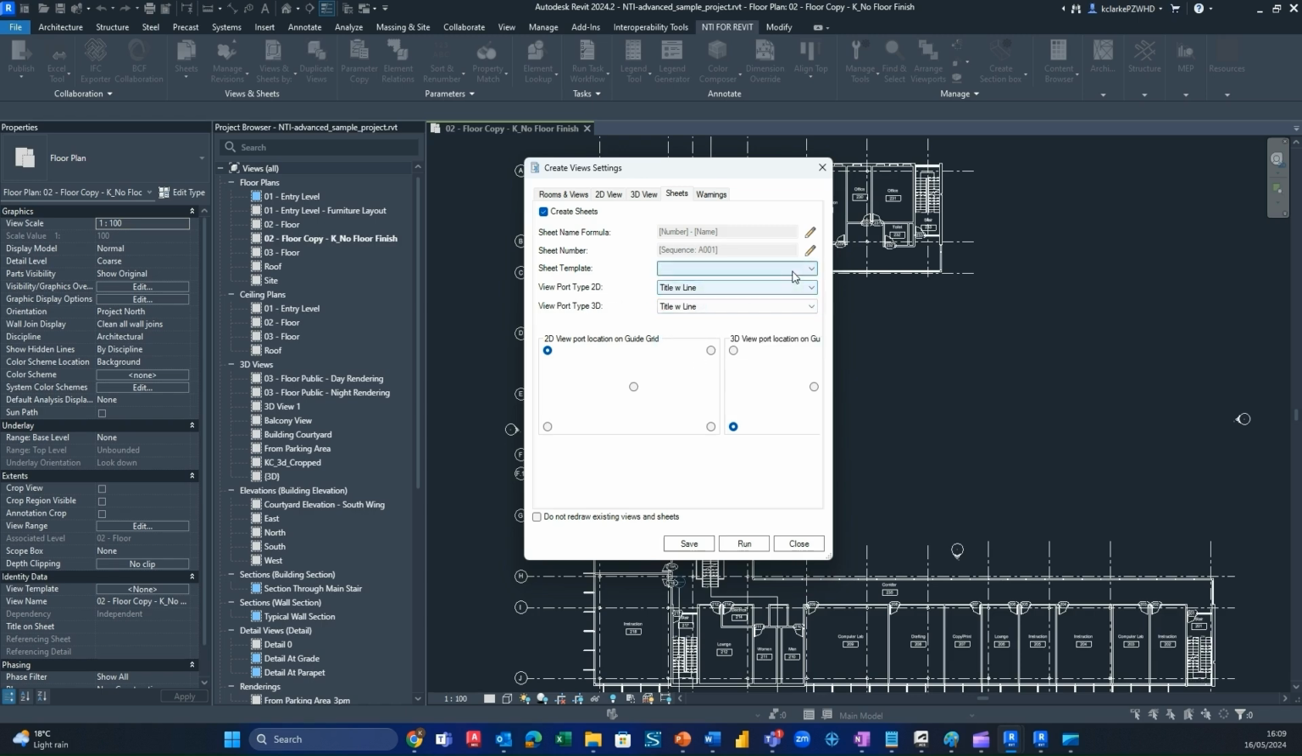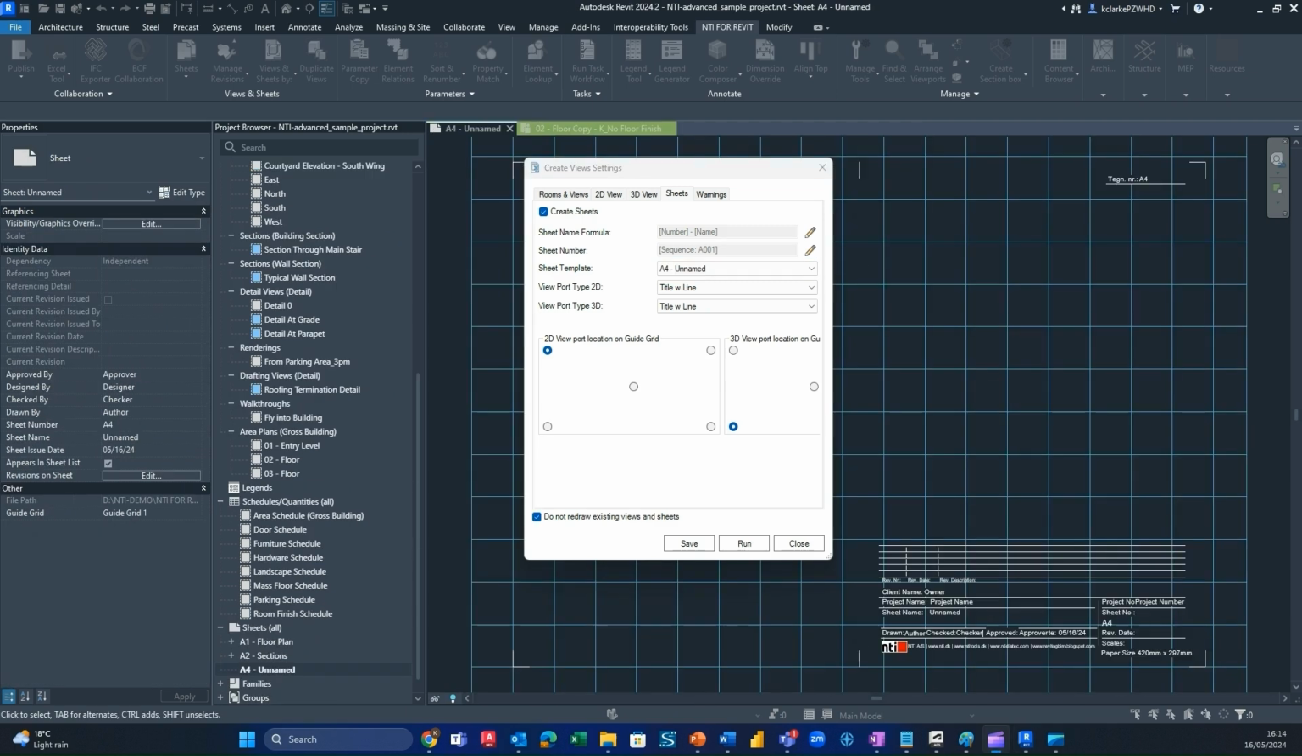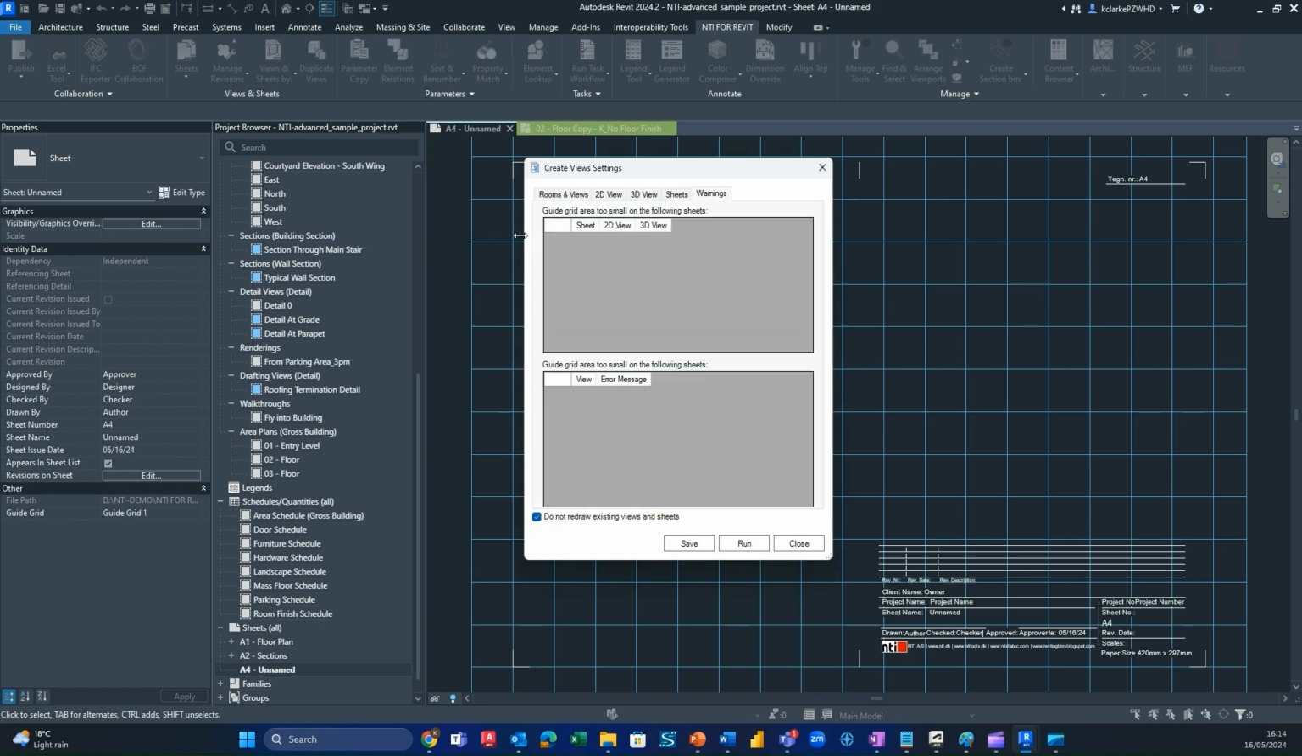The sheet template. This is important. We don't have one loaded, and this is highly specific. Now, in this case, I've gone back. I've re-added the template A4 named down here, and the viewport location guides are set up. I've also checked the boxes not to redraw existing views and sheets just for the moment. It'll take less time. Any warnings will be presented in this section of the dialog, and I'm going to click